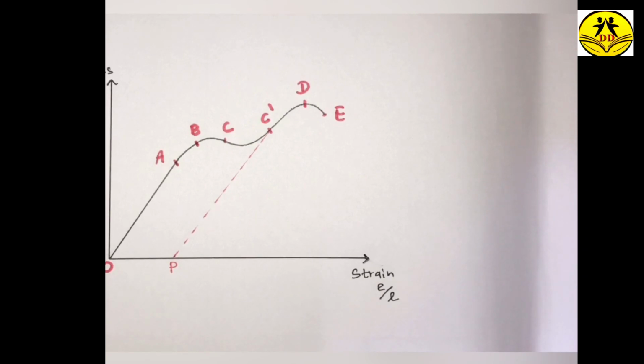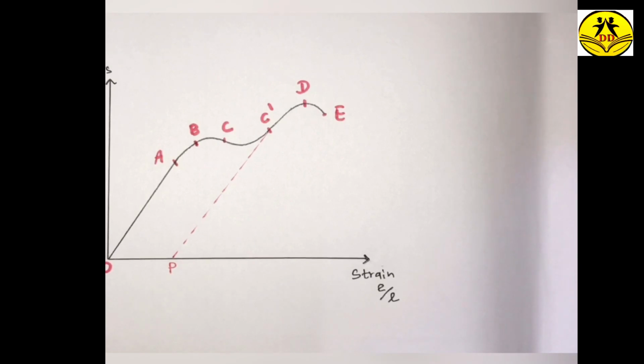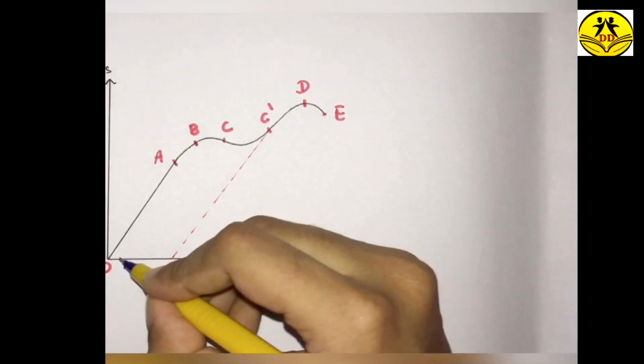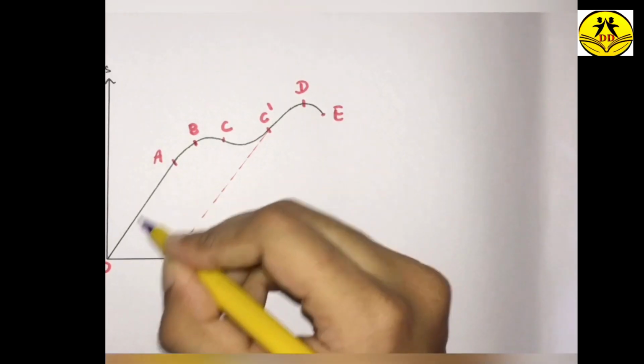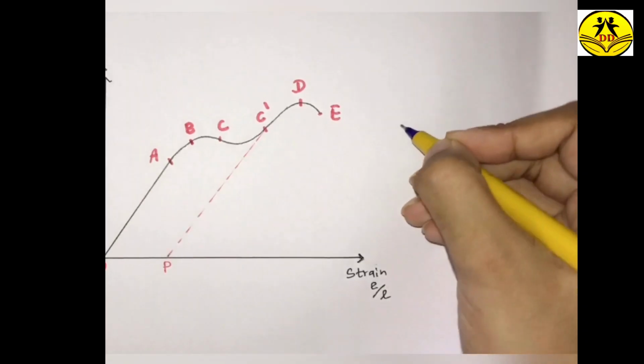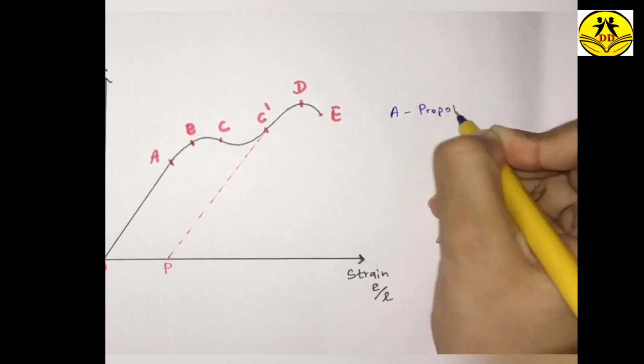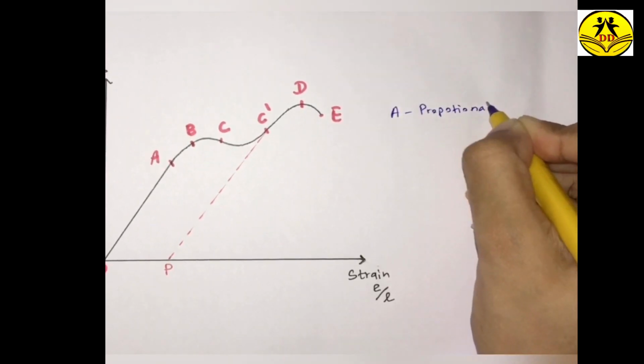That is, we can use the Hooke's law equation F over A equals Y E over L to this region only. We discussed the equation before. So the Hooke's law equation can only be used on this string during this region. This is the proportional limit that Hooke states in his law. So the point A is the proportional limit,